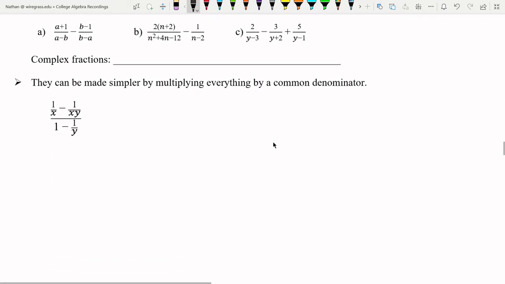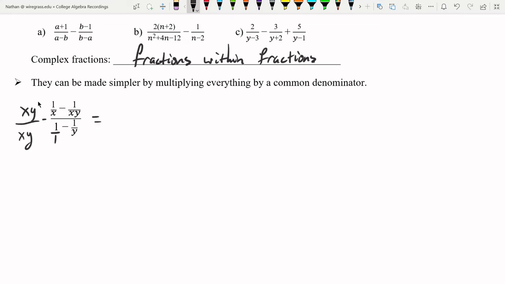Now, complex fractions are fractions within fractions. As you can see here, we have 3 fractions within this overall big single fraction. And we can actually make this a lot simpler by multiplying everything by the common denominator within each one of the smaller fractions. Here we have x, xy, 1, and y. So the common thing that everything needs is xy. That's the biggest thing. So if I multiply everything by xy, that's the common fraction,